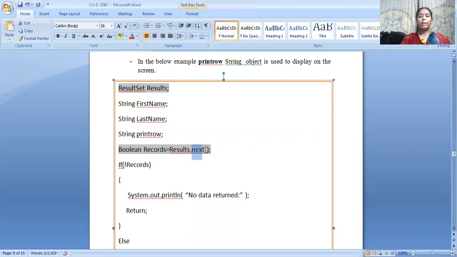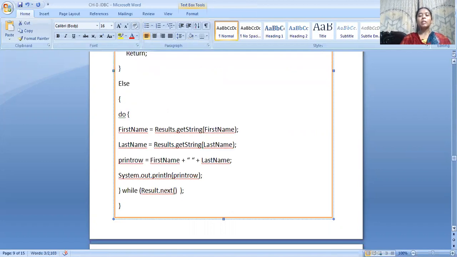I'm using a predefined function called next. If there are some records, you show me. If there are no records, it says that no data returned.